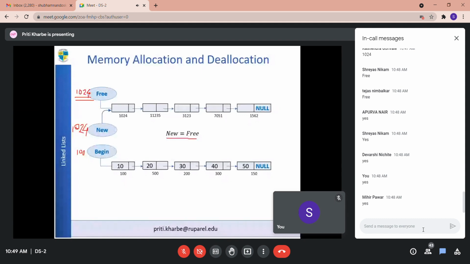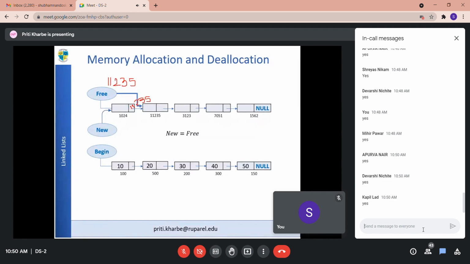Free should now point at the second node. So what should my statement be? Now I want the value 11235. Where is this value 11235 stored? You remember how nodes are. In the first node, in the address part, this value 11235 will be stored, right? Always the next part contains the address of the next node, isn't it?